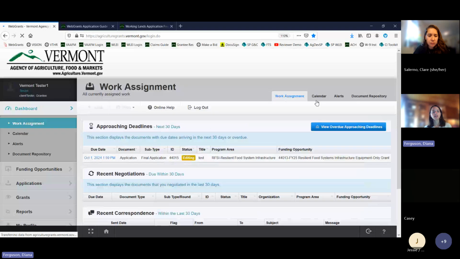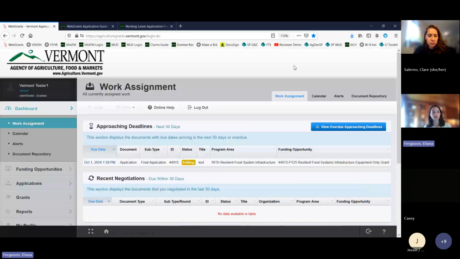All right, so just logging in, and once you do that, you'll arrive at what's called the dashboard. If you have other grants, they'll show up here. You may have deadlines or reports coming up. If you have never applied for a grant before, you might not see much, and that's okay. I will point to these gray buttons on the left-hand side are sort of your primary navigational tools.